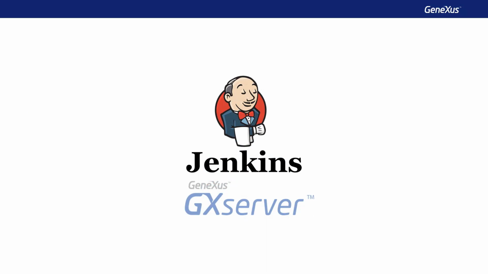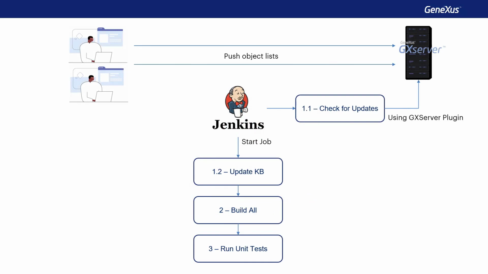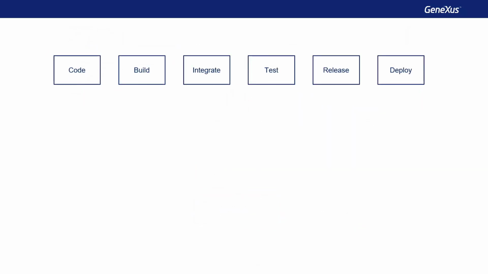To this end, we'll be using Genexus Server along with Jenkins, a continuous integration engine. This tool will implement the whole process. For each commit by a developer, at least the following automatic processes will be carried out: update of KB, build all, and execute tests. When everything goes well, the build is successful, and we may move on. Otherwise, the process must be stopped to solve the conflict encountered. These steps make up the lifecycle in an application.